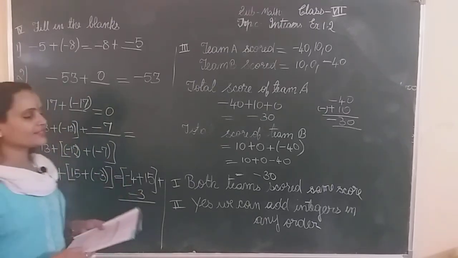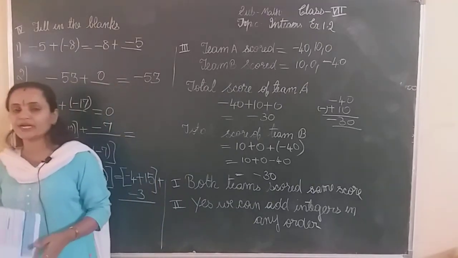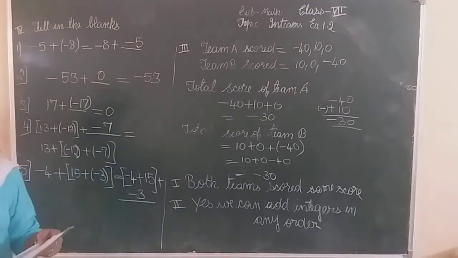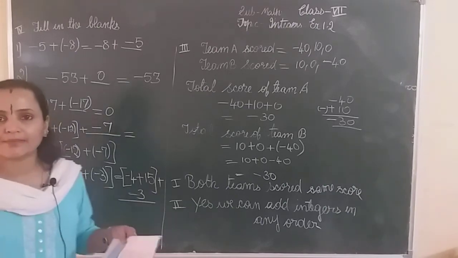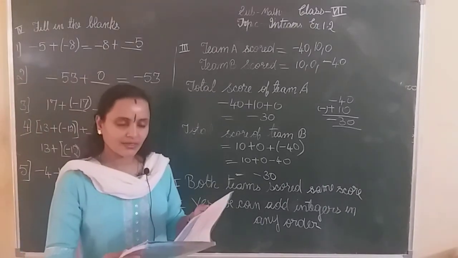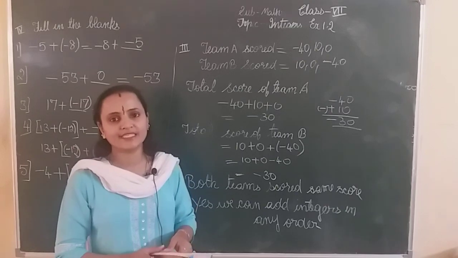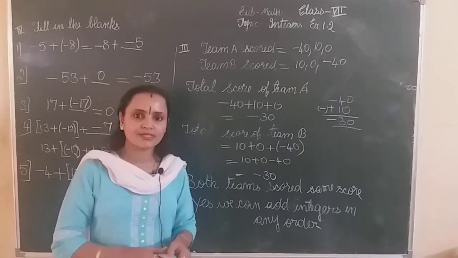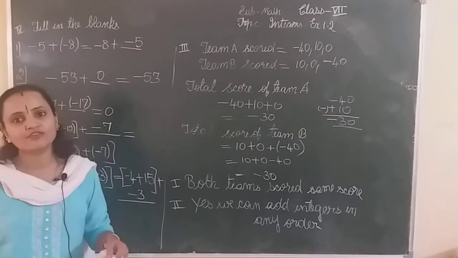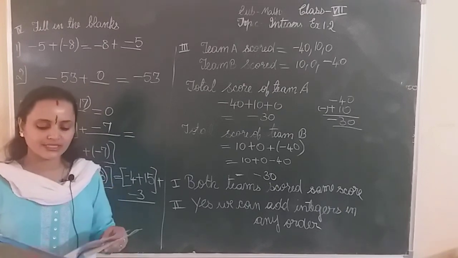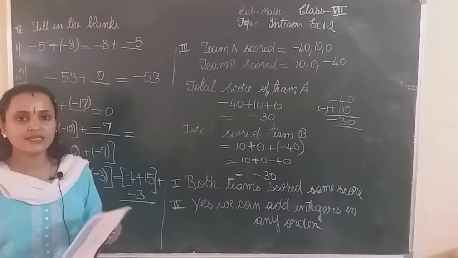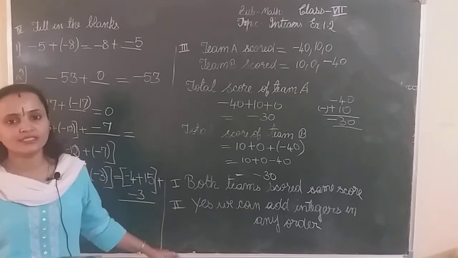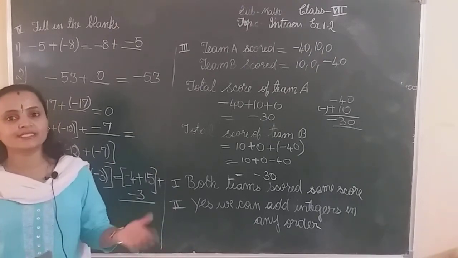So these were some of the sums based on the properties of addition and subtraction of integers. Now in the next class, I will start with the multiplication of integers. Multiplication of positive and negative integers, multiplication of two positive integers, multiplication of two negative integers. So these topics I will be covering for you in the next class. I will give you some sums based on these for homework. You do it and send it across to me.